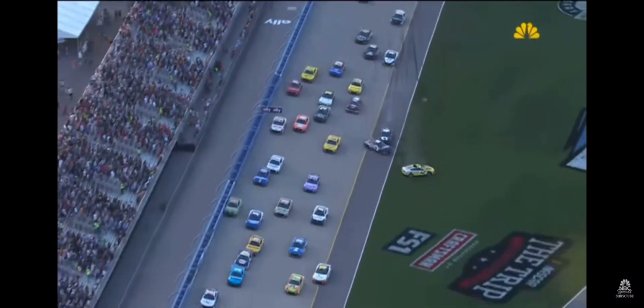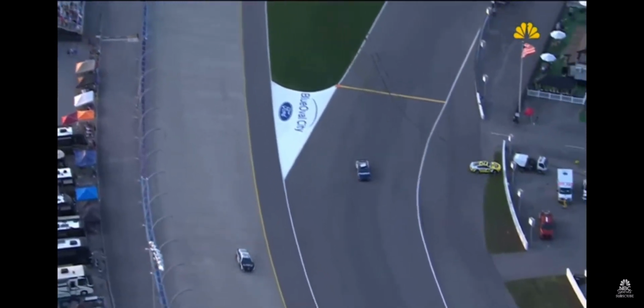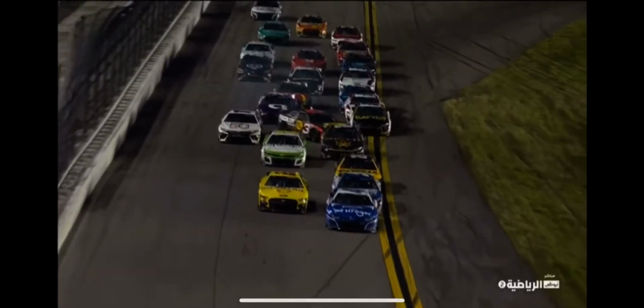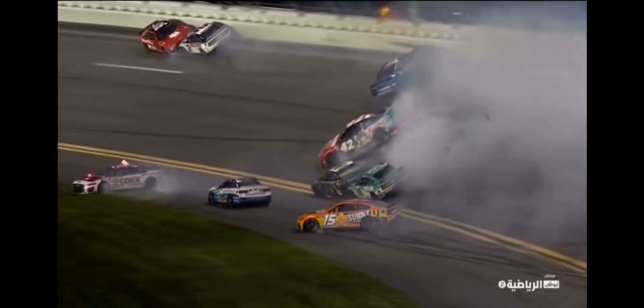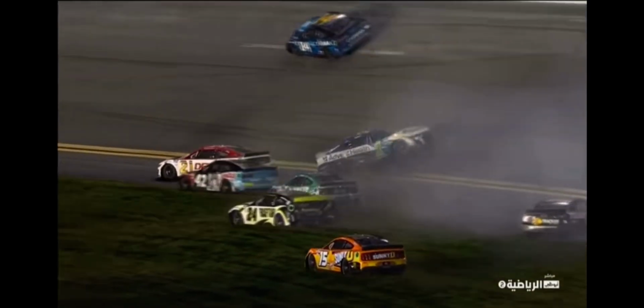Kyle Busch gets in the back of the 12 and turns him around. Yeah, I mean, Dillon may have got a shot from William Byron, maybe not, sure from that angle, but up he went and down he came. Dillon got in the back of Busch and had to check up. When he did, it stacked William and everybody up behind him. They turned him. Rest is history. That's just a product of it. It's go time. Green, white, checkered. You knew that was about to happen. But aside from that,